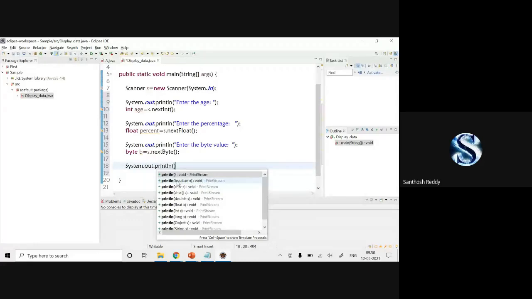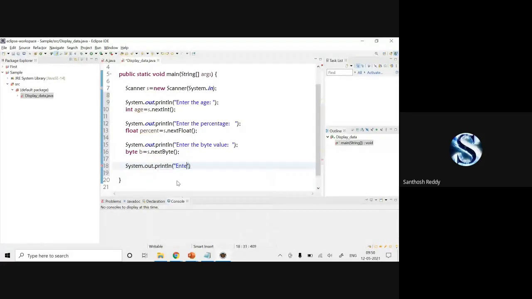System.out.println the integer value is colon. Earlier in C we used a comma, and in C++ cout we used the extraction operator.